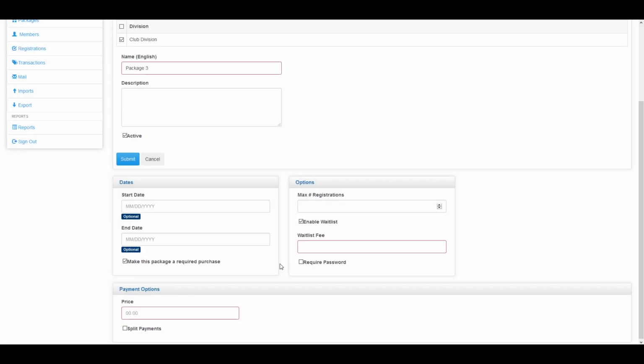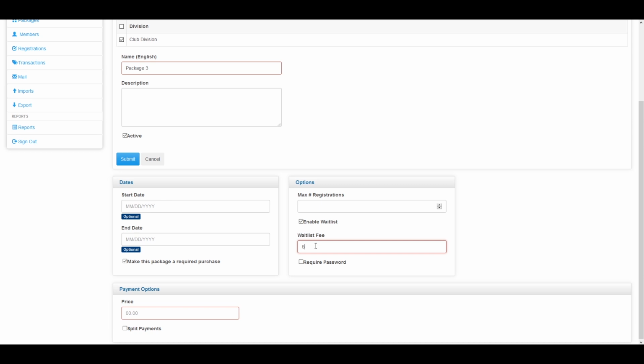If you enable the waitlist, they'll be able to put in their information and register after paying a waitlist fee that you can decide. We recommend putting in a waitlist fee to eliminate people making just fraudulent registrations for the waitlist that they don't really want. Putting in a waitlist fee then gets people to actually think about if they want to really sign up for this program. The waitlist fee does come off of the final cost, so if the package costs $300 and you put a $5 waitlist fee, you only have to charge them the remaining $295. That's all tracked in the system,